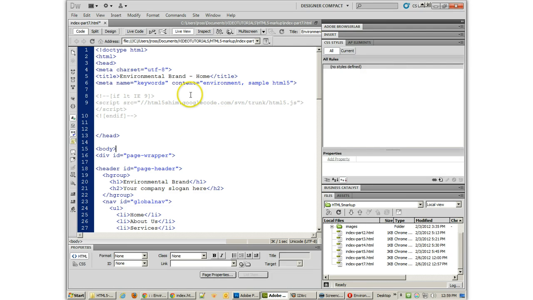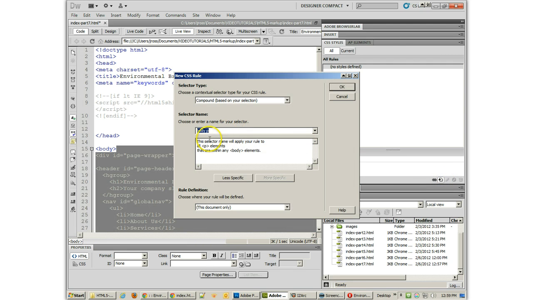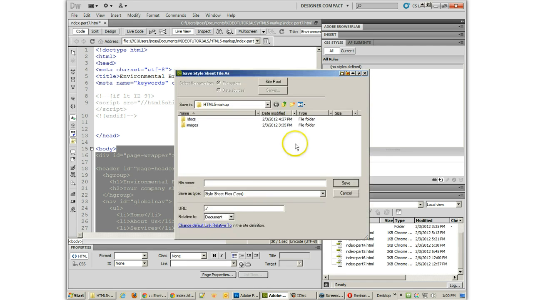Anyway, I'm going to begin by clicking on the body tag and creating a CSS rule which is just for the body itself, not the paragraph, just the body. Another nice thing that I like is that you can create a style sheet when you create your selectors, and I also like to be on the compound selector. We do want to remove that paragraph though, it's acting a little strange for me right now. Anyway, I'm going to click on OK, and this is going to be called Styles